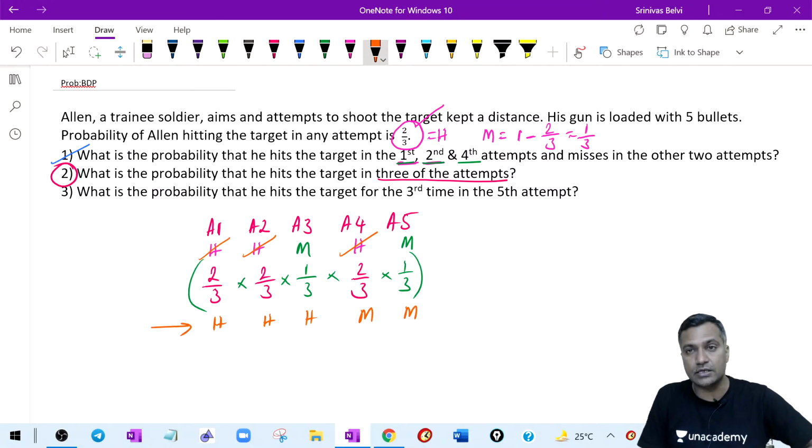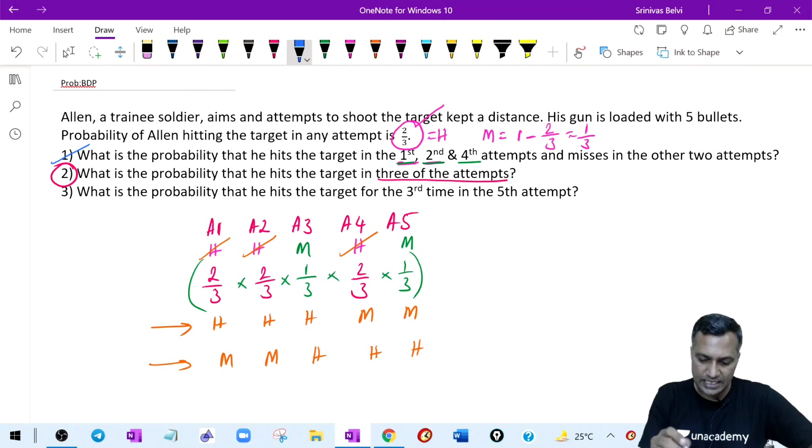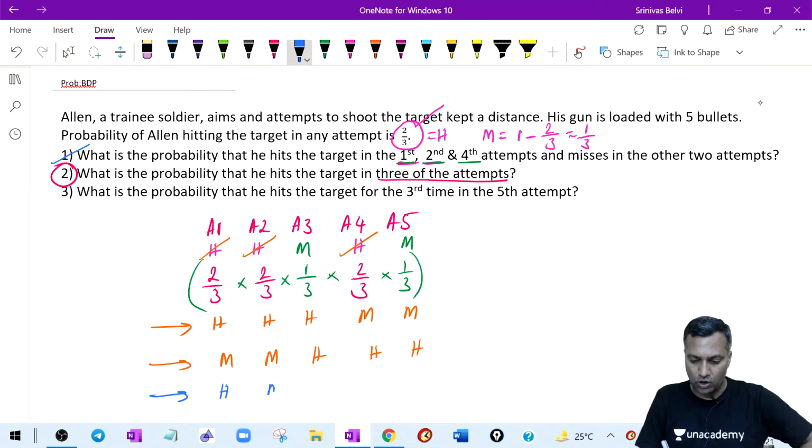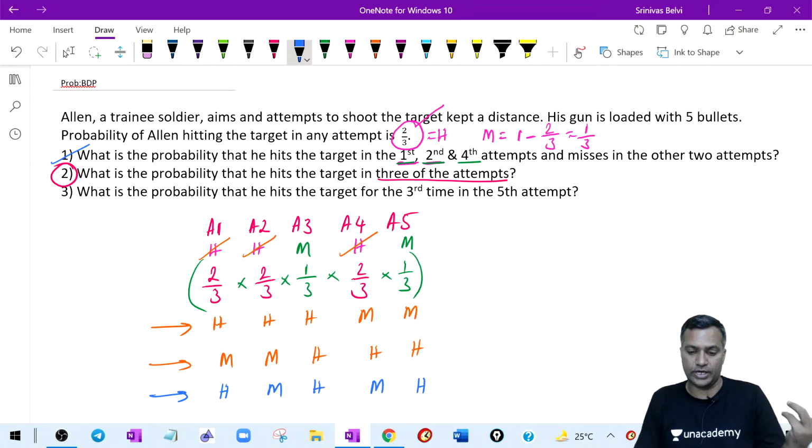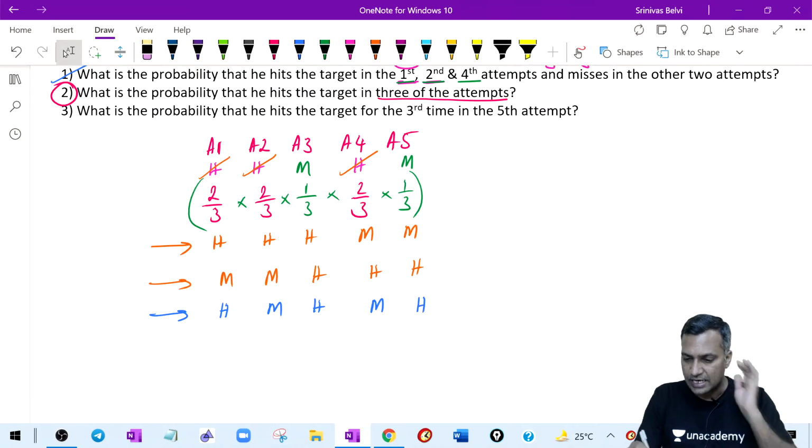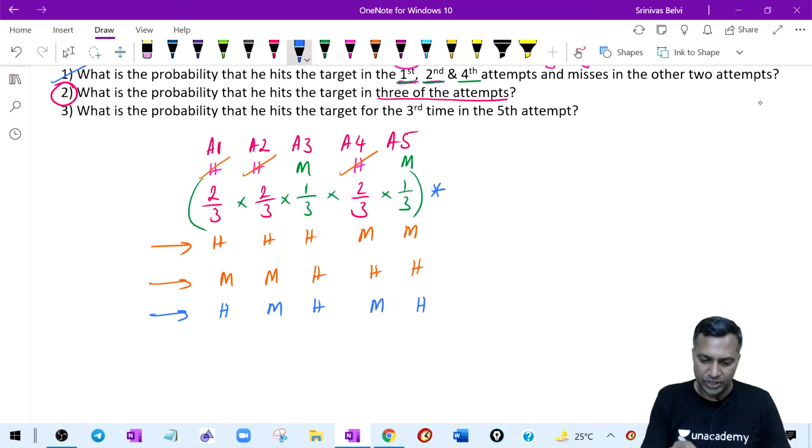This is what Rishav can tell, right? And then Srishti may say that no sir, he actually warmed up and then he started hitting in the last 3 trials and the other 2 trials he missed. Now you say that he lapsed in concentration. Earlier his concentration was good, he hit, and then because of overconfidence he misses, again he hits, again he misses, again he hits. It's like this. Technically you guys are trying to say that it is the same number you should write, but you got to understand the various ways of permuting this.